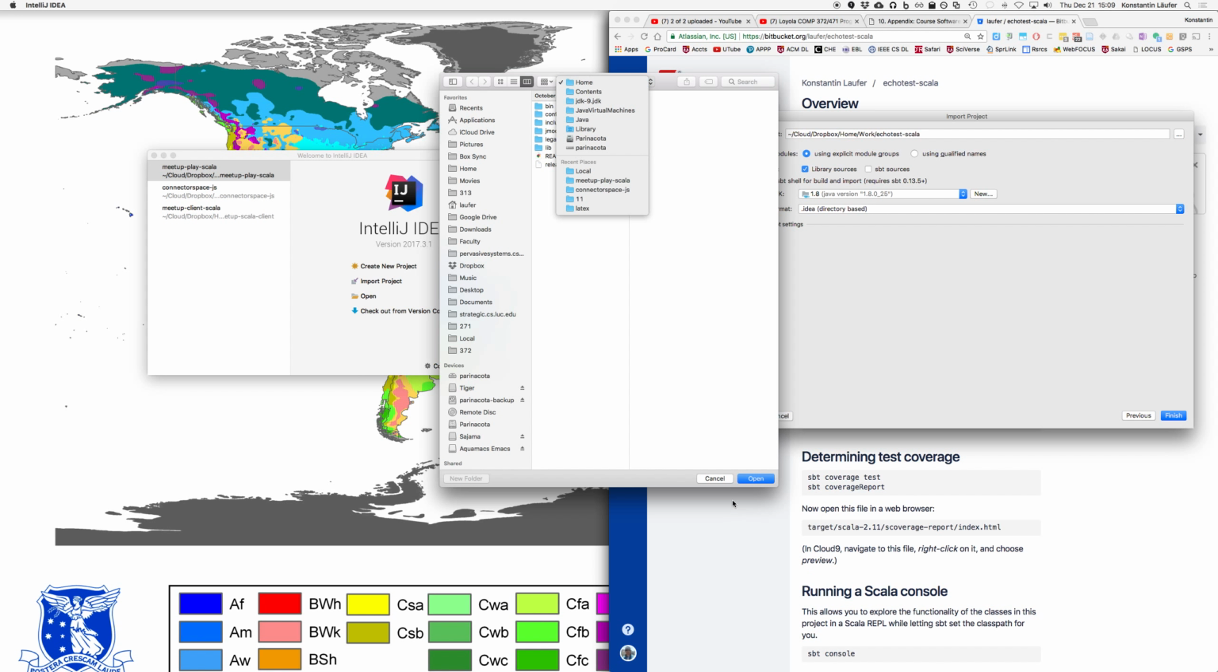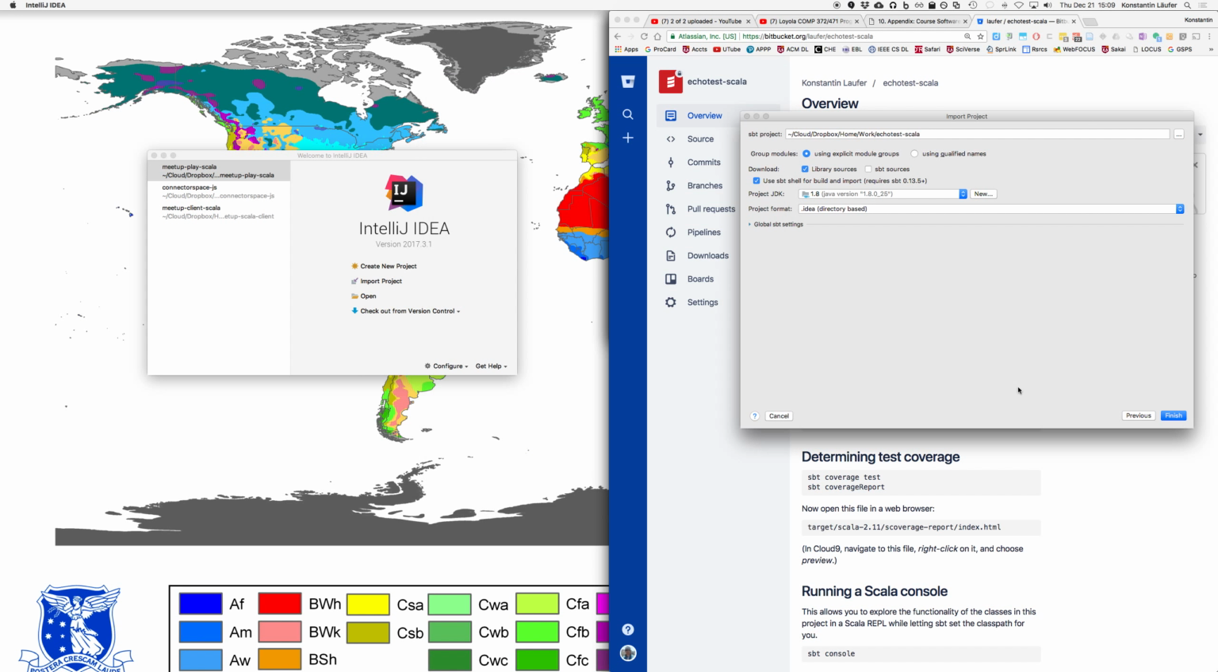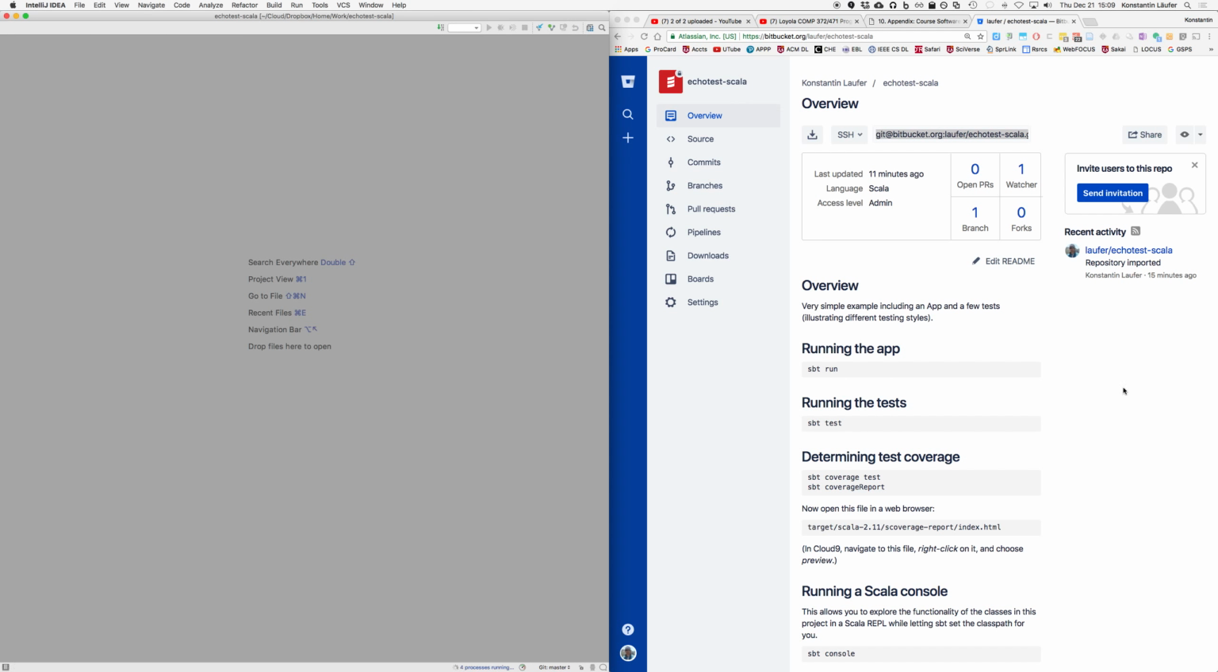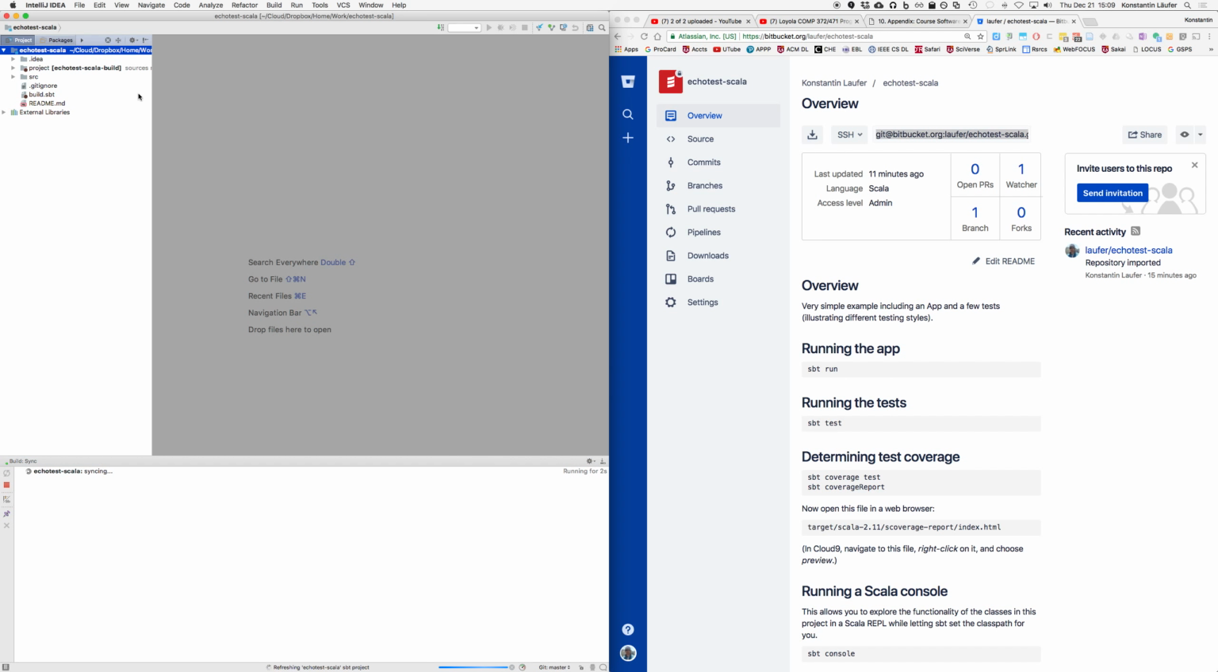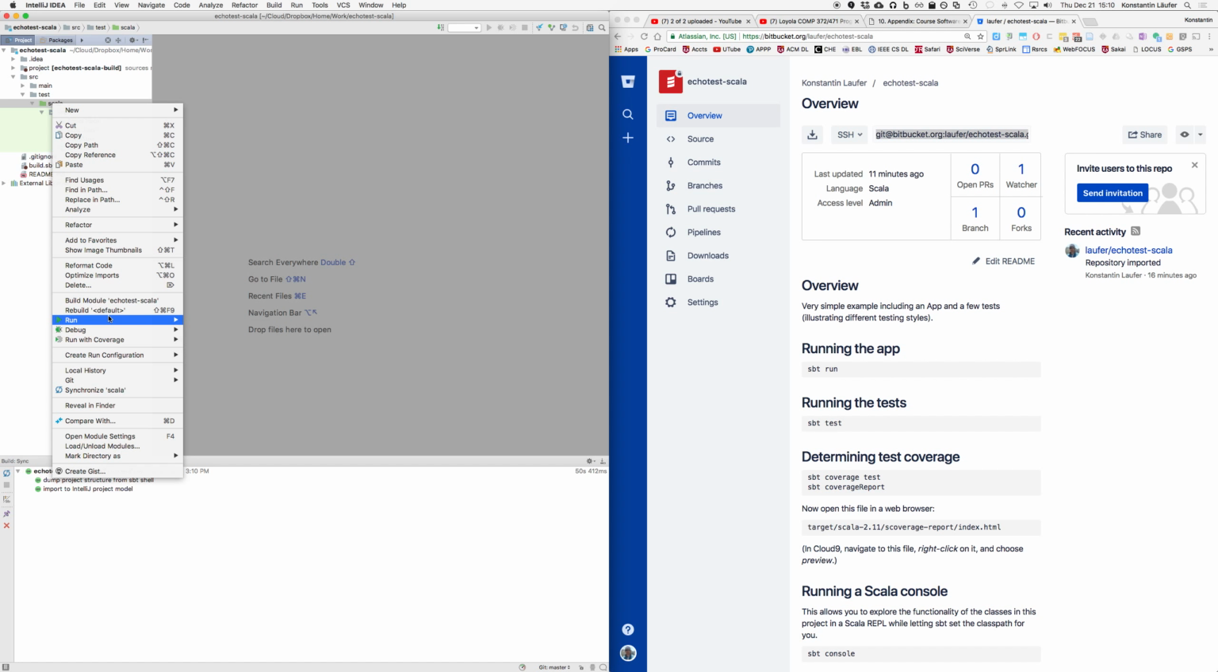Okay, so in this case that's already done, and now we should be able to say finish, and it will sync the IDEA project from the SBT project, and once that's done we should be good to go. Now we should be able to do similar things as we did on a command line using the IDE. So we can drill into the test folder, and then if we just hit, for example, run all tests,